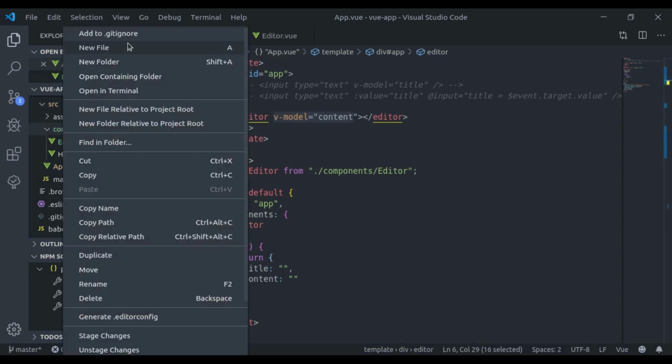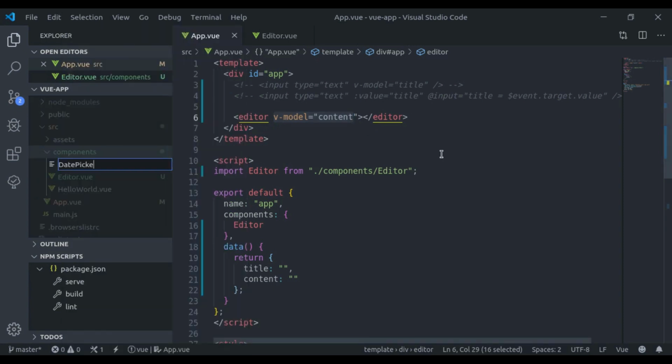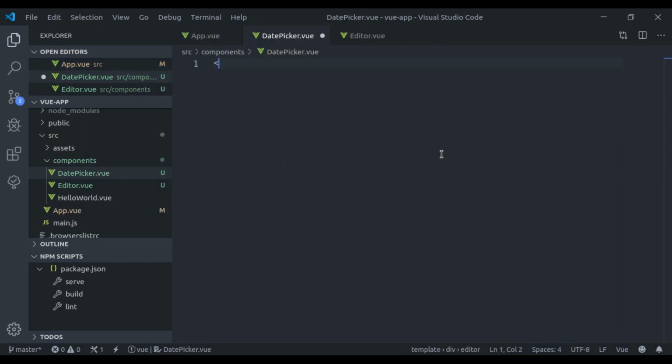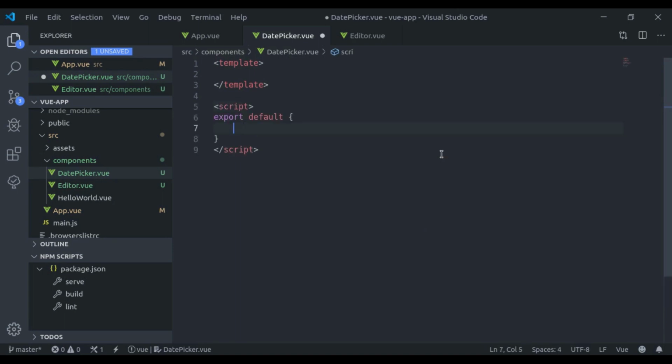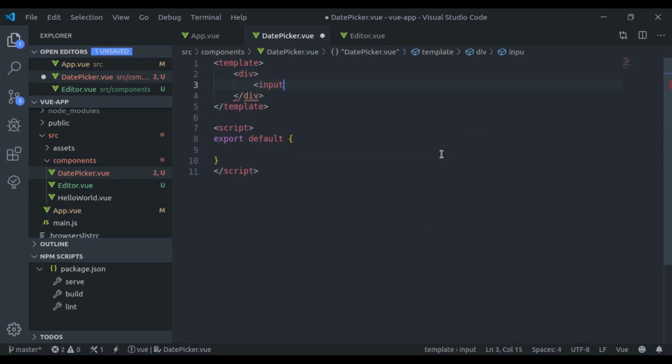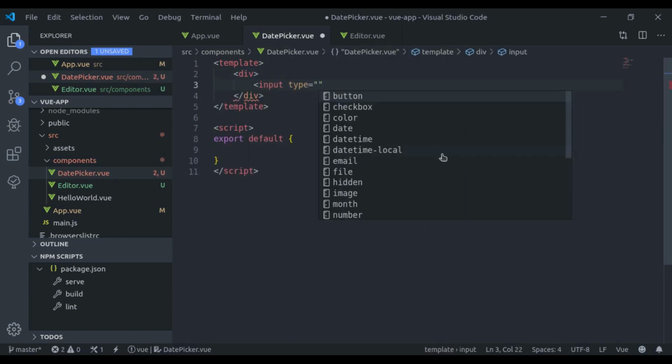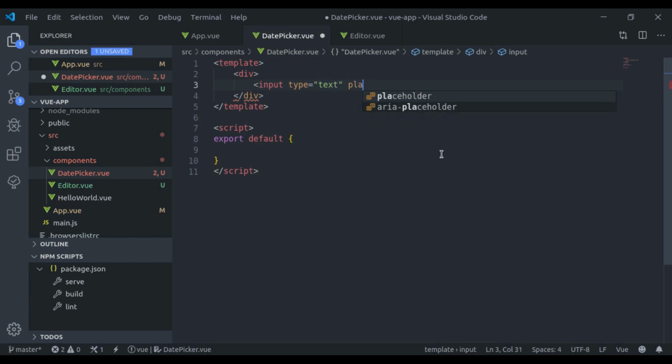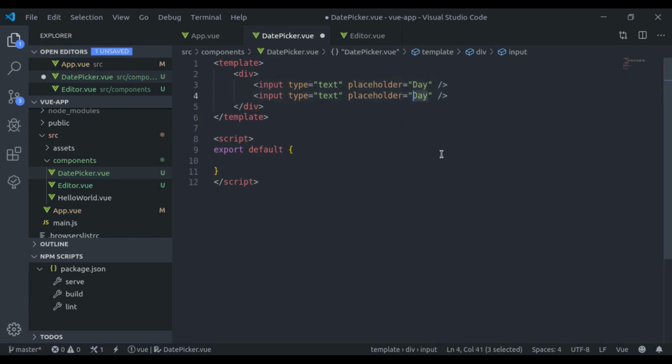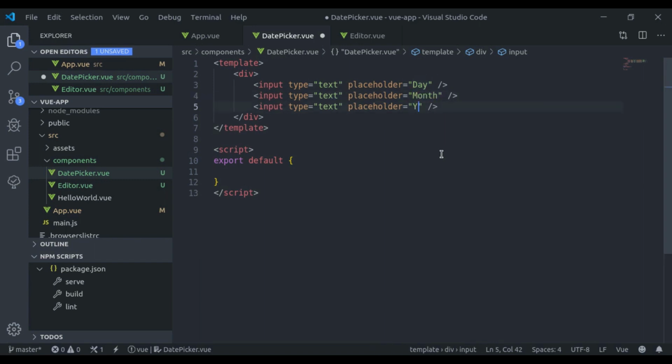So here we'll create DatePicker.vue. Here we have a template, script. Now inside this template we have div tag, and here we create input type text placeholder day, month, and year.